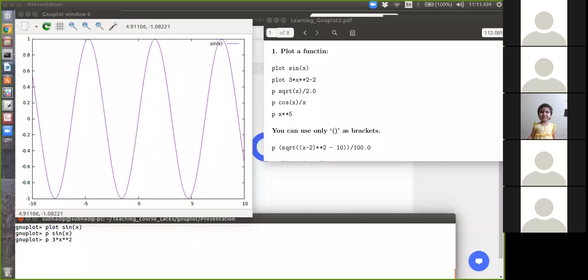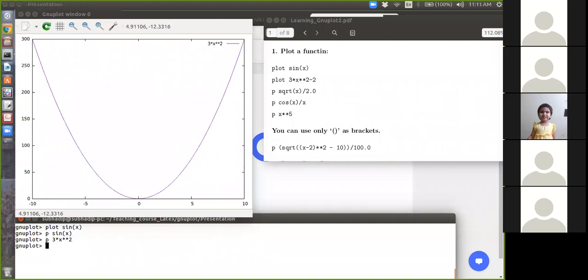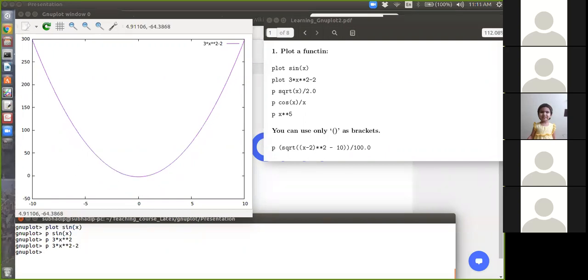So 3*x**2. Let's see what this is. Is this expected? Okay. Now it is x square minus 2 as written in the PDF, so I will type this and press enter.